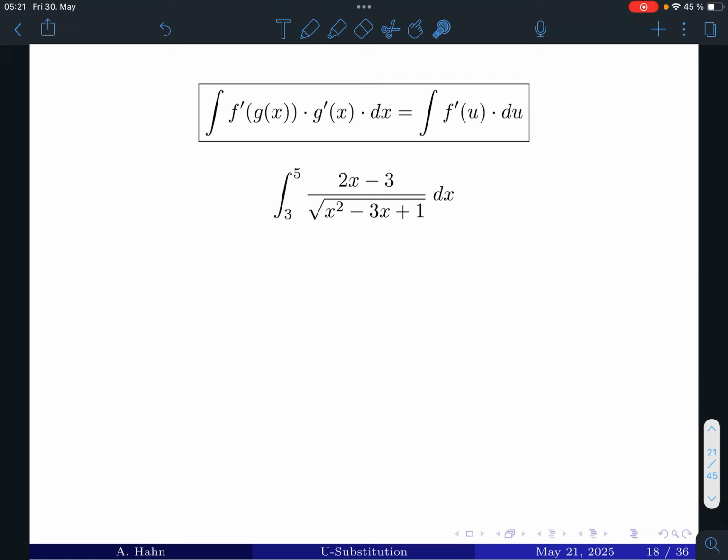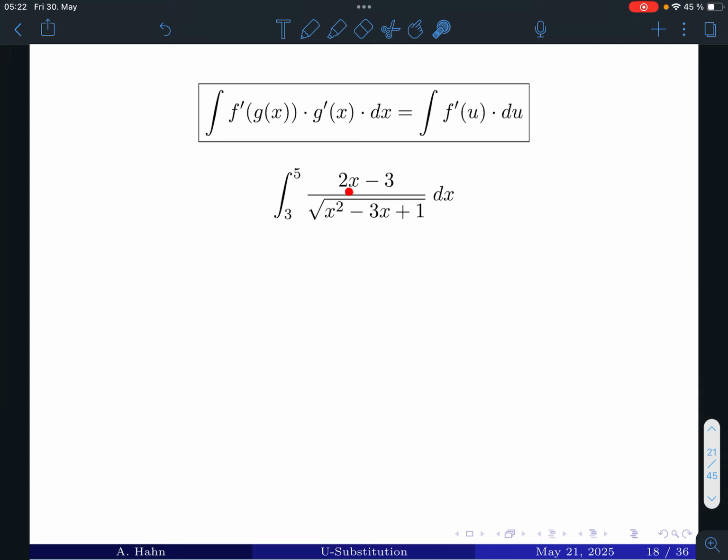All right, so let's do another example. This example looks a little different because this is a definite integral instead of an indefinite integral. We'll talk about what to do with that in a minute. But first, we're just going to proceed like normal, basically. So we're still looking for a composite function, and we're looking for the derivative of the inside function multiplied somewhere